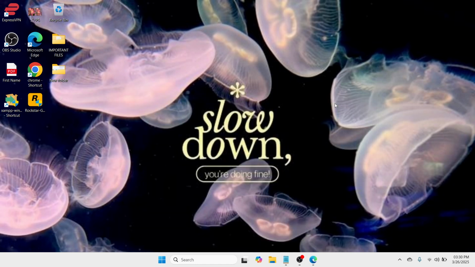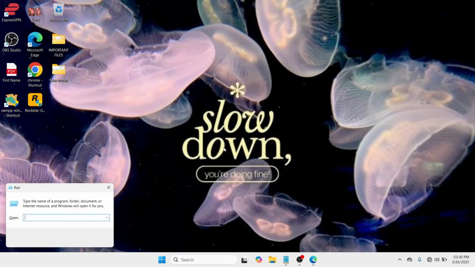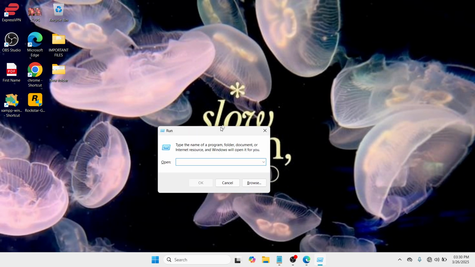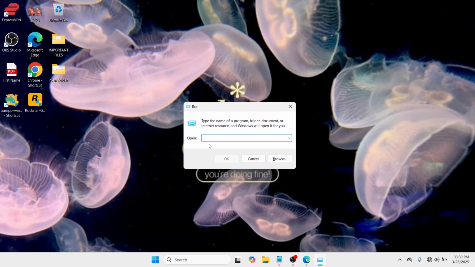The very first step that you need to do is here at the keyboard, press the Windows and R keys together, and by that you would be able to open the small window called Run, where here you need to type